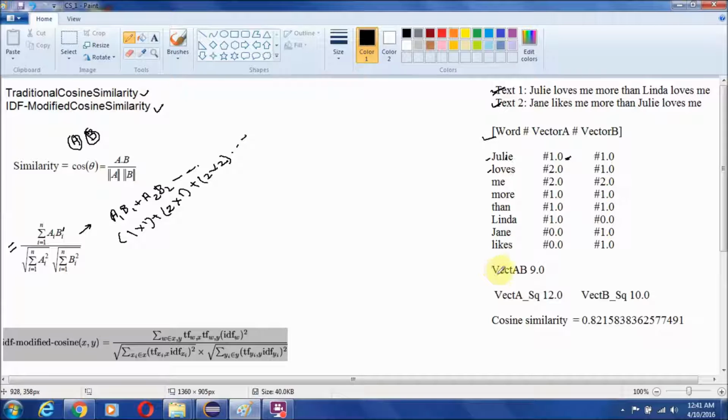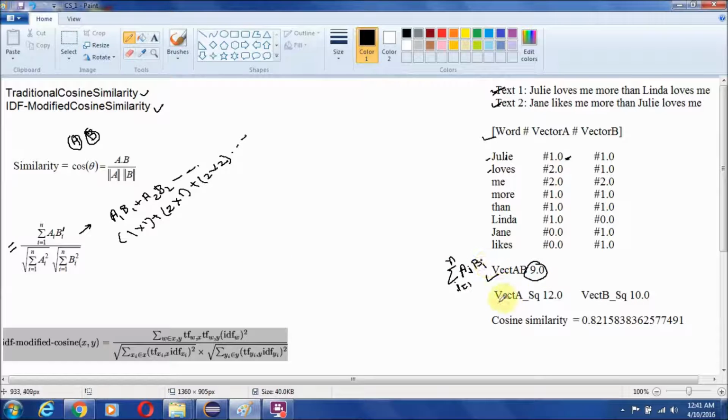So after calculating this way, the sum of Ai Bi will be equivalent to 9.